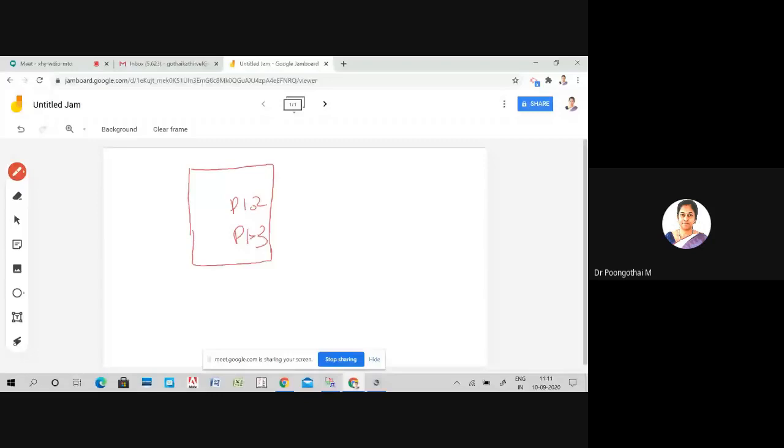Let's assume here the switch is connected. Let's assume an LED is connected.